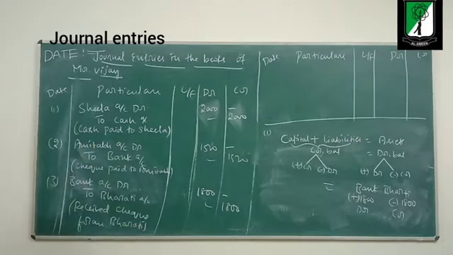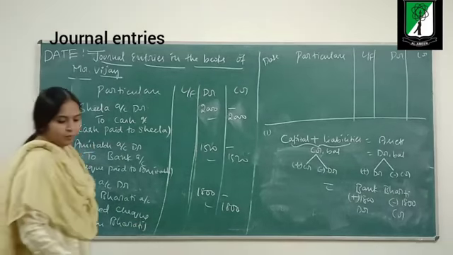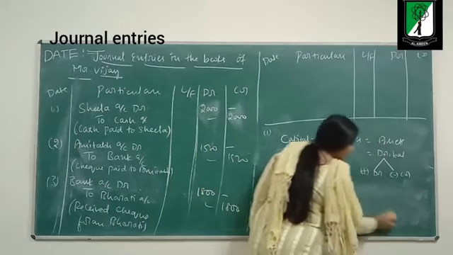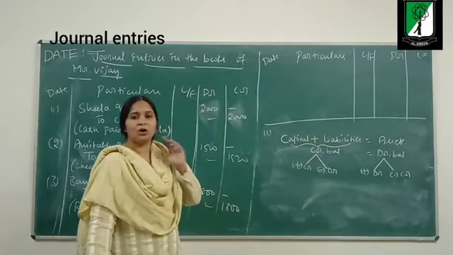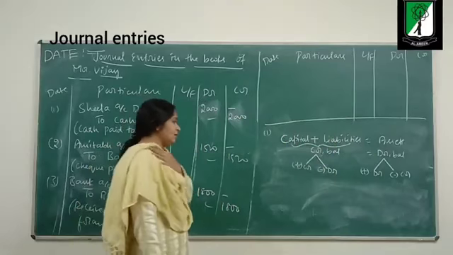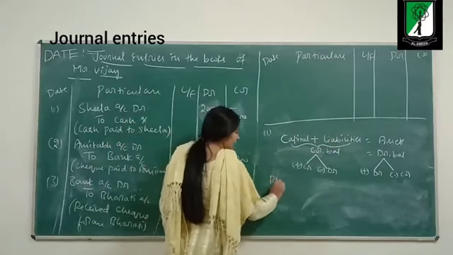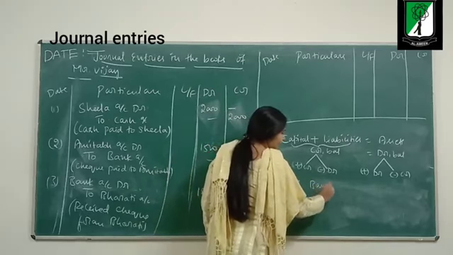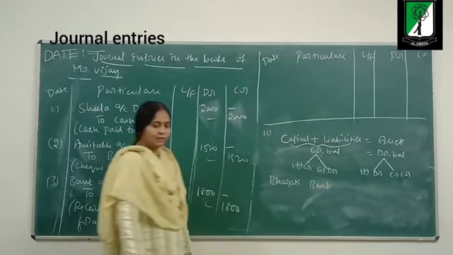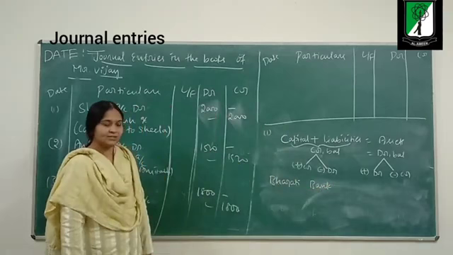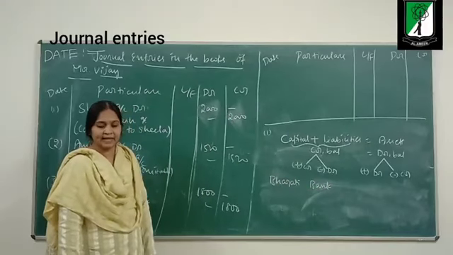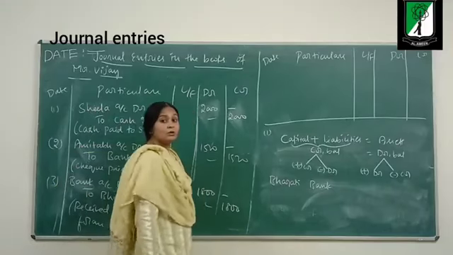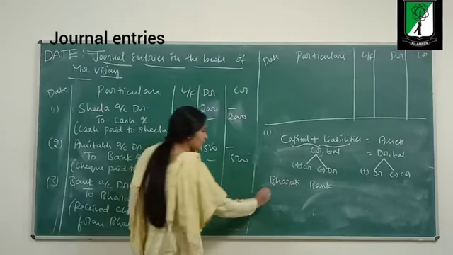Okay, now moving on to the traditional approach. How to apply the traditional approach? For example, now business is receiving check from Bharti. Which are the two accounts involved in this transaction? Bharti and check. After receiving check, you will deposit this in the bank. Right? So which are the two accounts involved? Bharti and bank. Bharti is a natural person. Which account rule? Personal account rule.